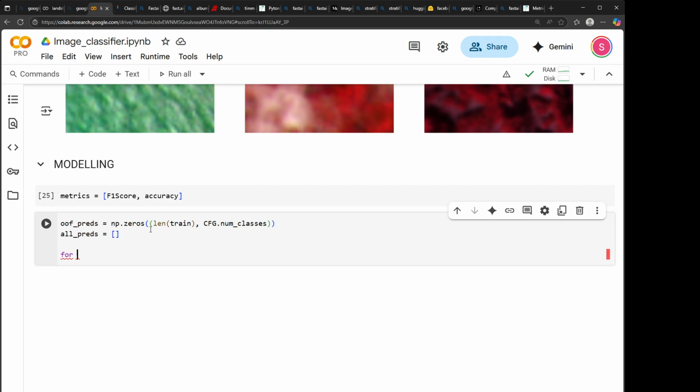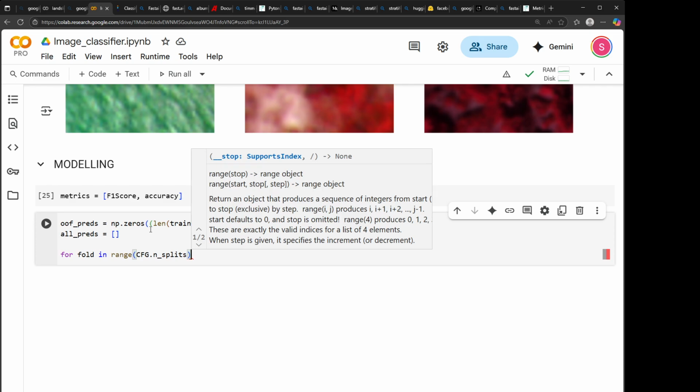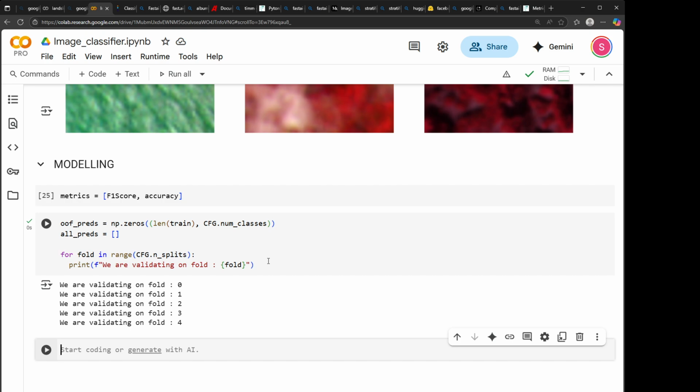Now this is where cross validation comes in. Remember we have 5 folds, yeah? So we say for fold in range, the number of folds we created, which is n splits. This means it will iterate. So let's print the fold. Actually, let's print something more descriptive. We are validating on fold,